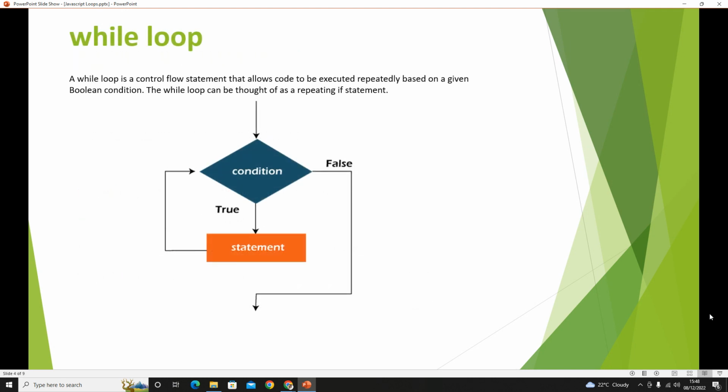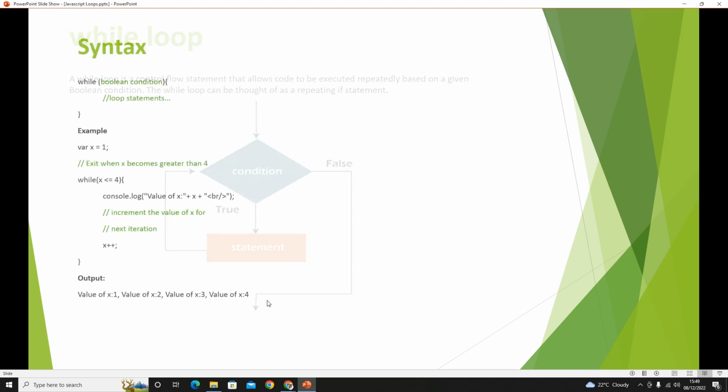We can look at our first loop, and that is the while loop. When we check this diagram here, we can see that we have our condition at the entry. Then we have the statement, or the block of code, that should be printed out. If that condition is true, then it loops the number of times and prints out up to the final loop. We can look at a simple syntax here